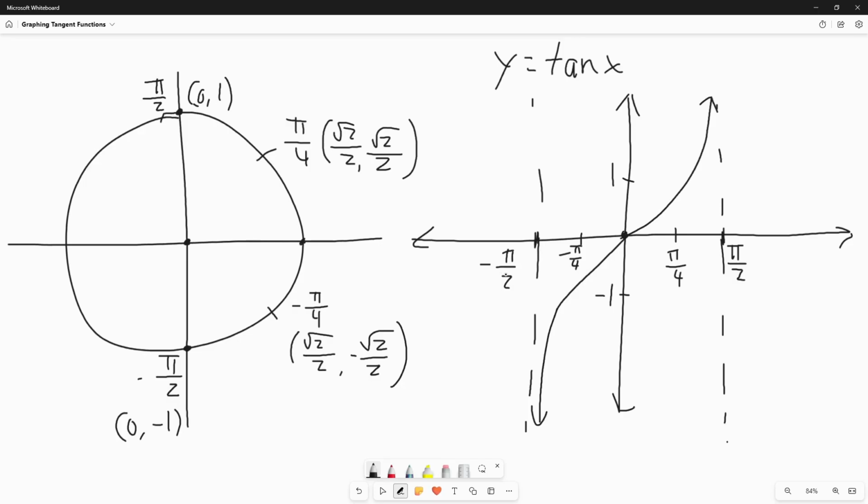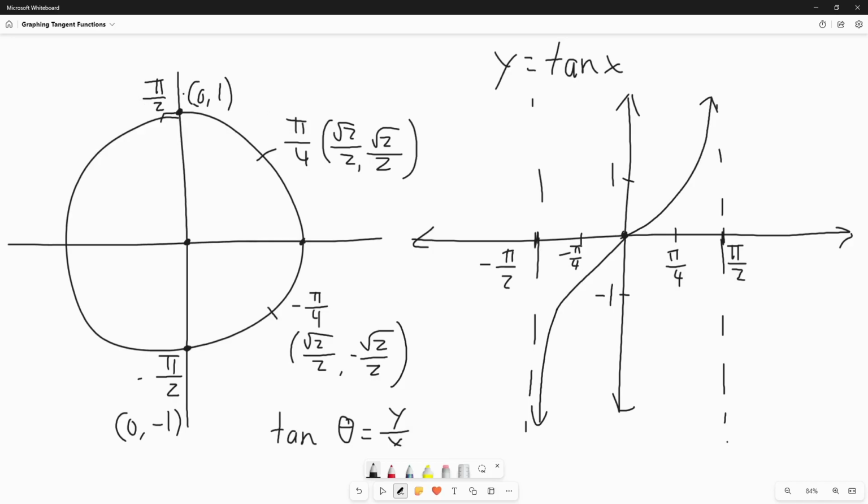At negative pi over 2 on the unit circle, tangent of theta equals the y values over the x values. And at negative pi over 2, the y value is -1 and the x value is 0. But if we put 0 at the denominator, the number is undefined. That's why we have an asymptote at x equals negative pi over 2 and at x equals pi over 2, because you have the same thing